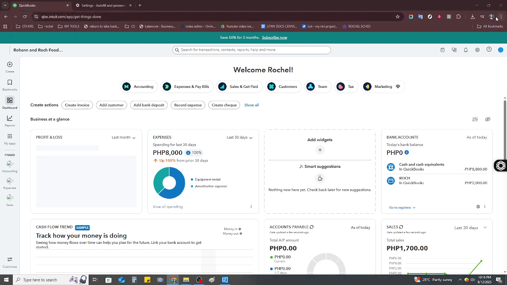Now that you're logged in and viewing your QuickBooks dashboard, it's time to discover your company ID using the URL address method. This method is often the quickest way to get the ID you need. Direct your attention to the top of your browser where you see the URL. Here, look for the long string of numbers that appears immediately after the word company and its subsequent slash. For instance, if your URL looks similar to